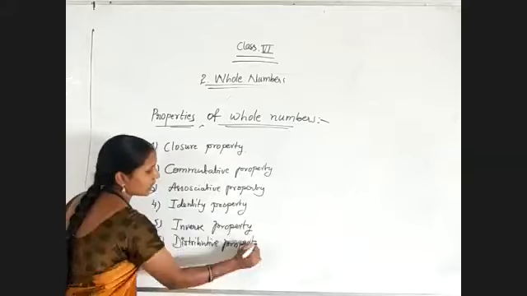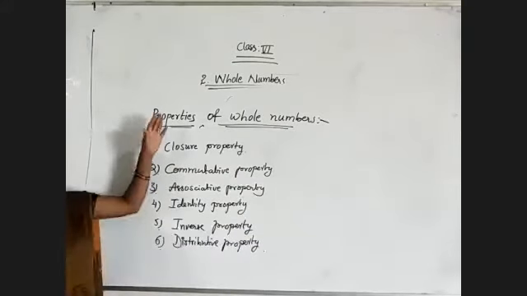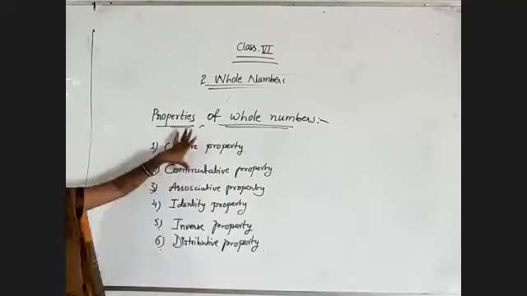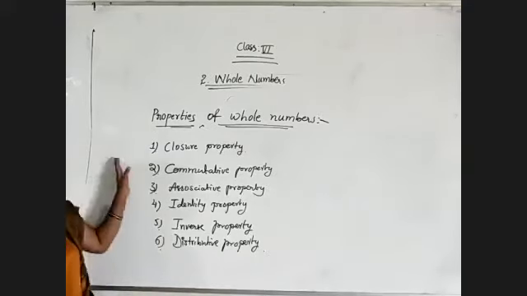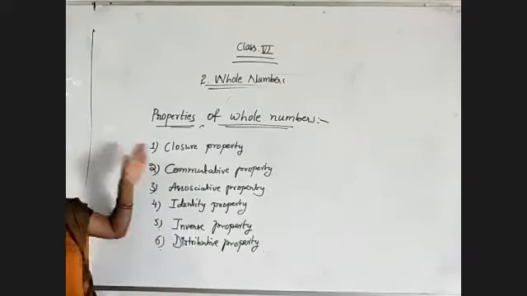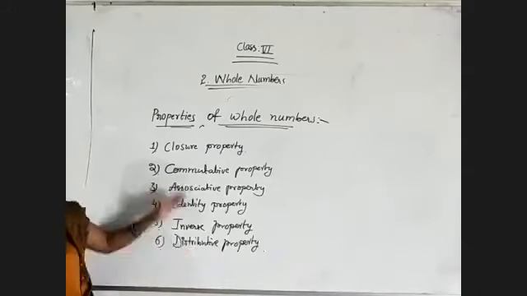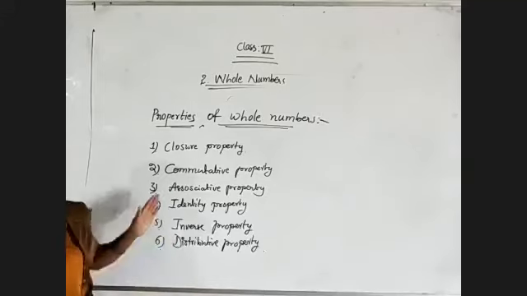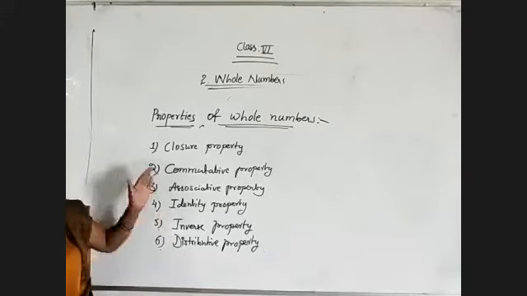So if you are taking some other branch of numbers, here, as I have told you before, whole numbers have natural numbers. So for natural numbers also we have all these properties, and for whole numbers only these properties. The next branch of whole numbers is integers. For that also we will continue these properties. Again we will check these properties only. That one we will learn in further chapters. About integers we are going to learn in the further chapters.